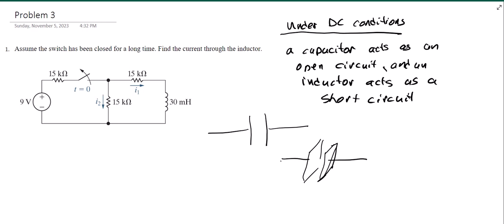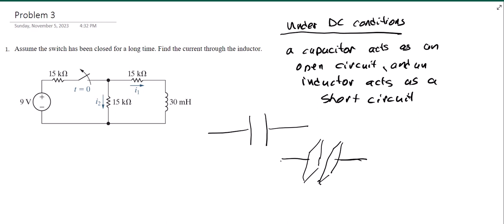After enough time, when the capacitor is fully charged, it is a break in the circuit. So when the capacitor is not charging anymore, the current can't flow between the two plates,